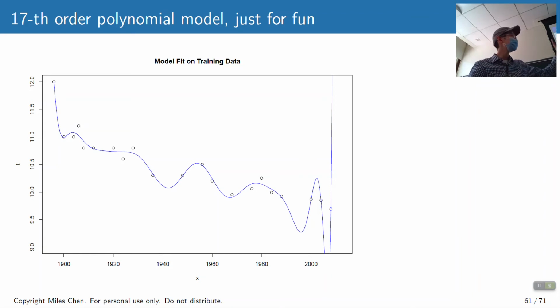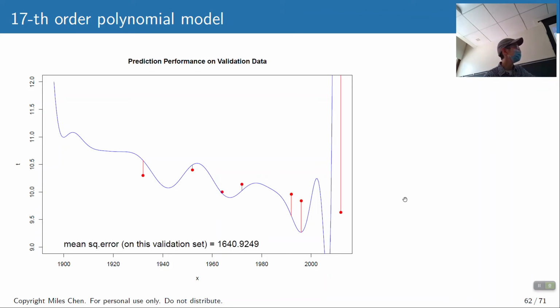When we put the validation data in, there's a huge residual between what it's predicting and what it actually is, right? Because with a 17th order polynomial, it just rockets off as soon as you start extrapolating. So when you look at the mean squared error on this validation set, it ends up being this ridiculously large